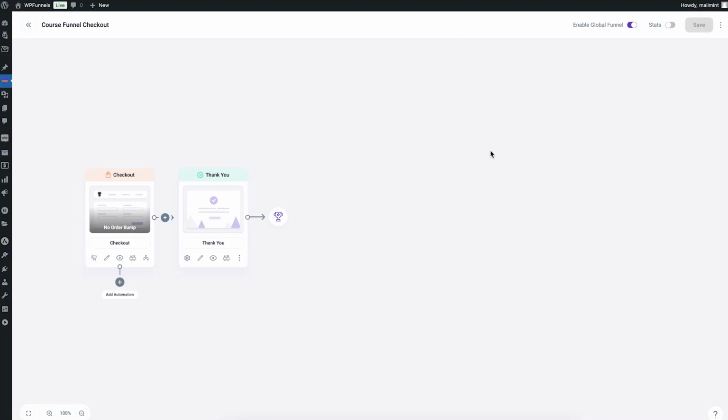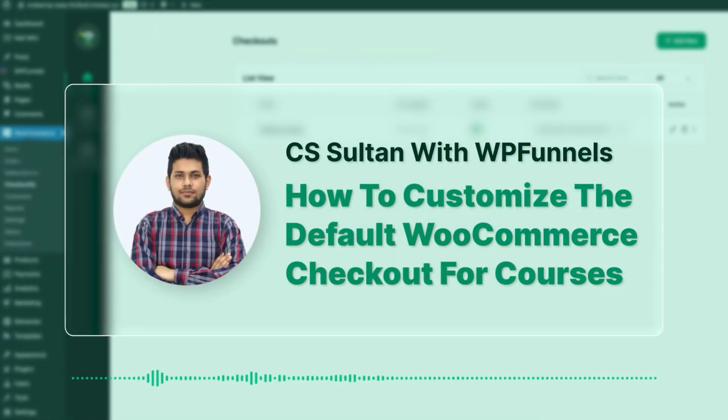But with WPFunnels, you customize different checkout pages for different conditions. So if you have a lot of types of different courses, then it's better to use the global funnels in WPFunnels and have different checkout designs for different categories of your courses. But if you have just the same type of courses in your WooCommerce store, then you can just go ahead and use Checkoutify and handle that. Okay, so that's it. That's how easy it is to customize your checkout form to only have the required fields to sell your